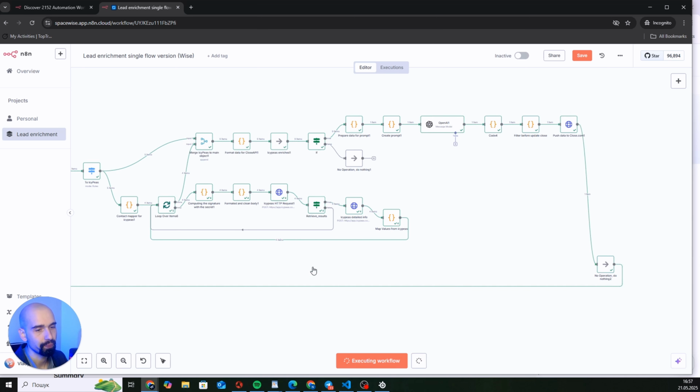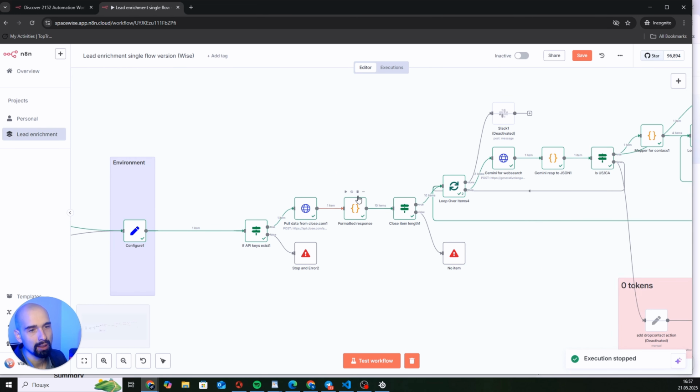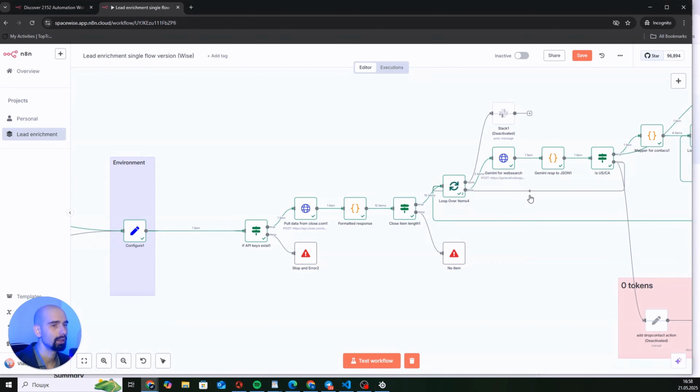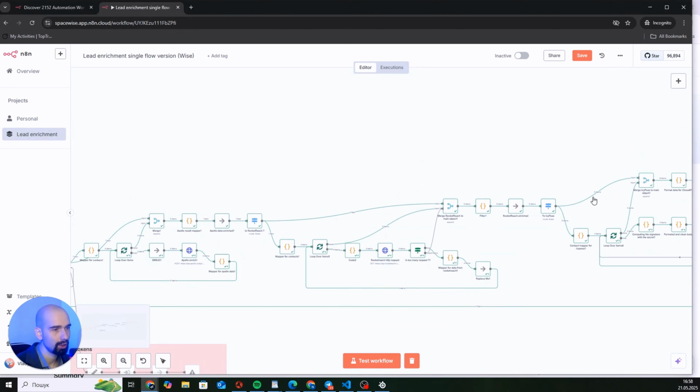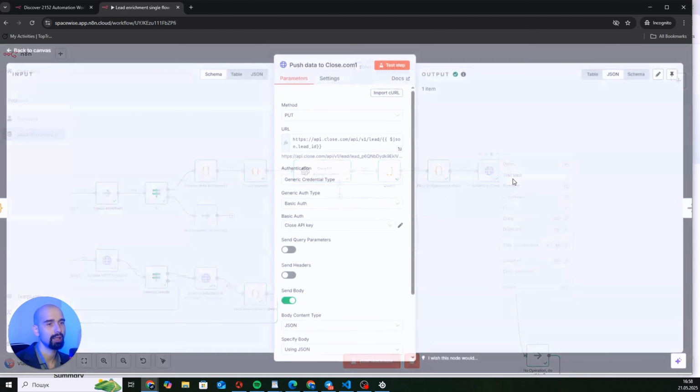That's it. So what we have done so far, we started from this point. First we went to the CRM and we said okay, we have a lead, Matt Brofman, and he works in some company, for example popupshops.com. So let's extend it, and in the end we find out here that we again update data in close.com,